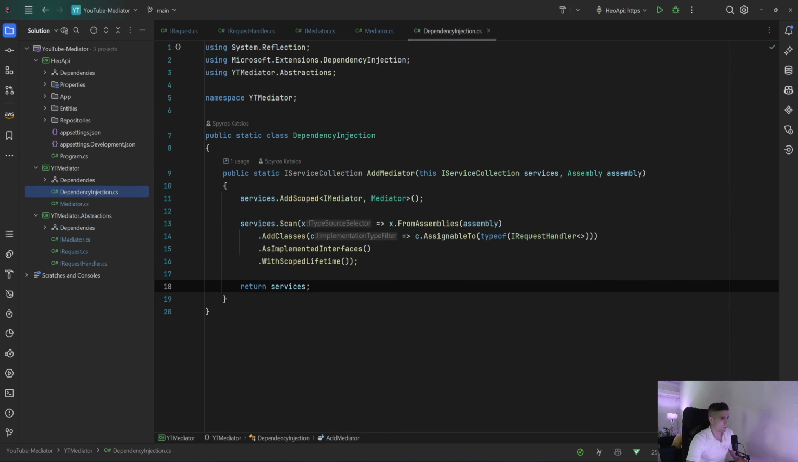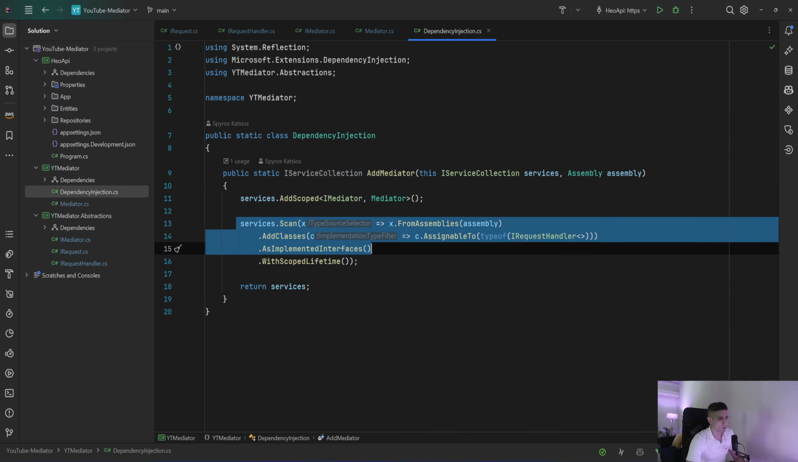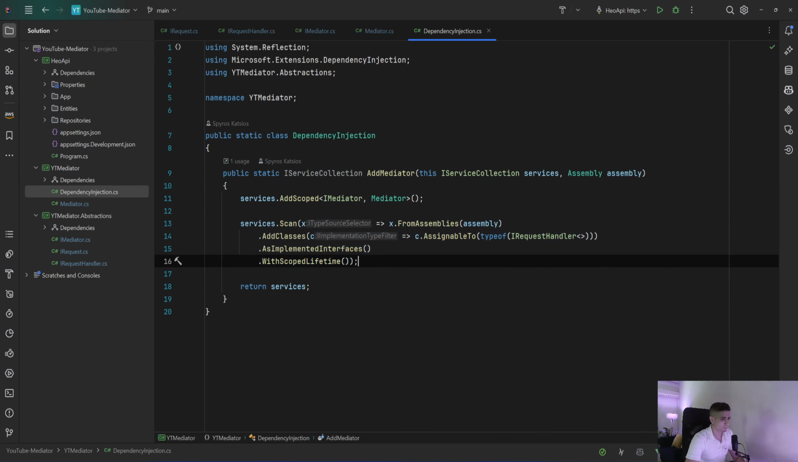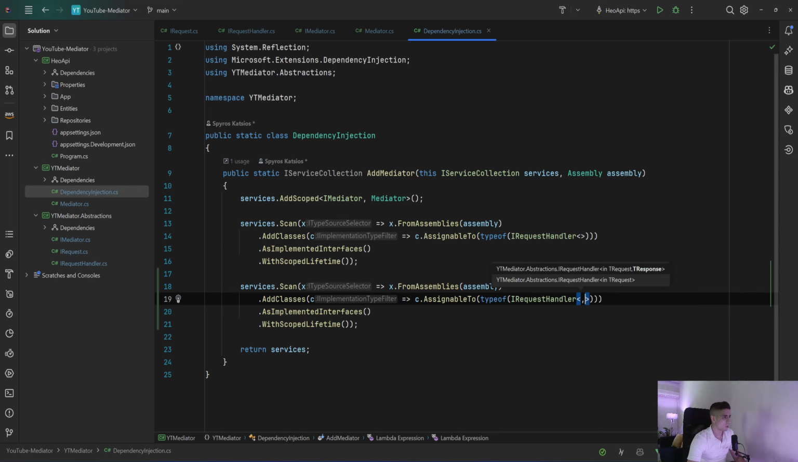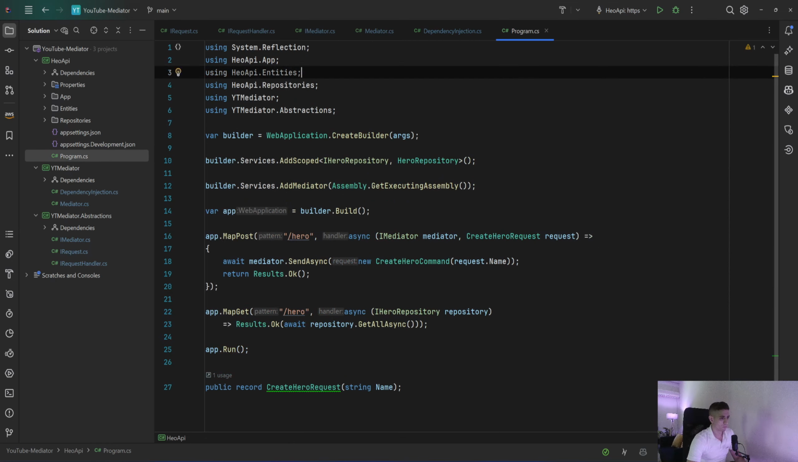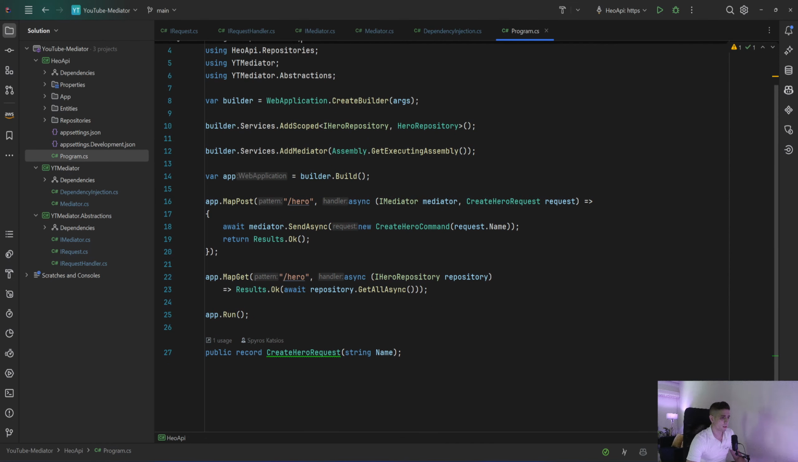Now finally, in our dependency injection class, all we need to do is scan for handlers that accept the generic IRequest. So I'll copy that code, I'll paste it, and I'll change the type of IRequestHandler to be the one with the two generics. So finally I'll go to my Program.cs, and in here that we get all the heroes from the repository, I will change that, and we will